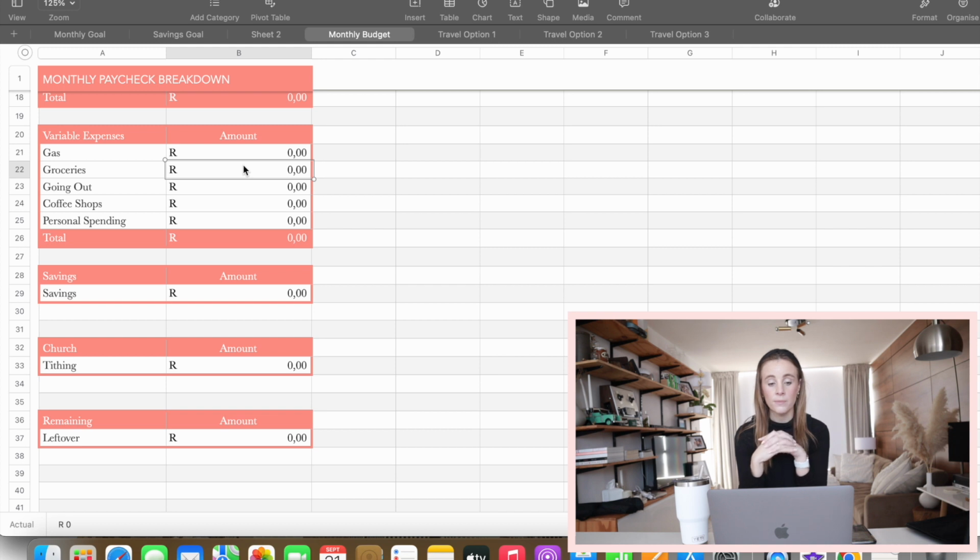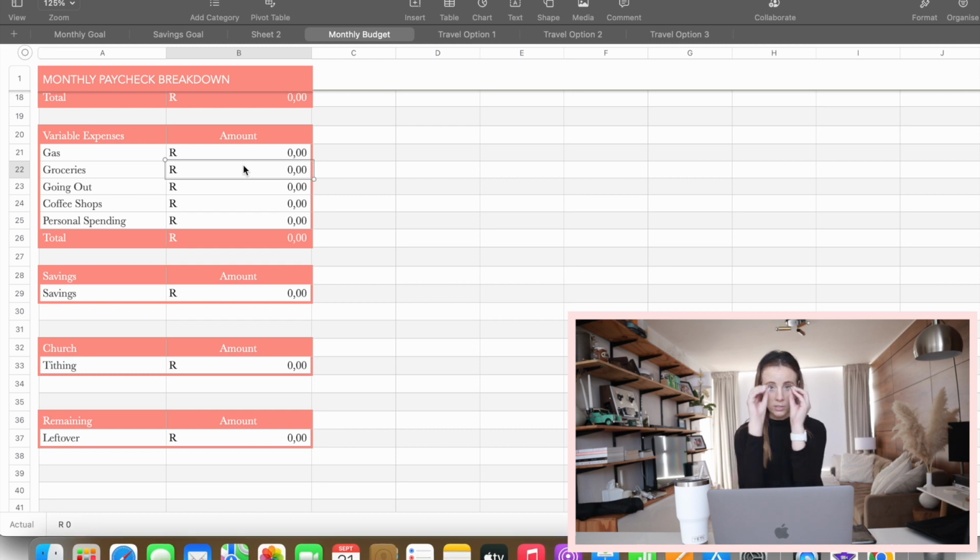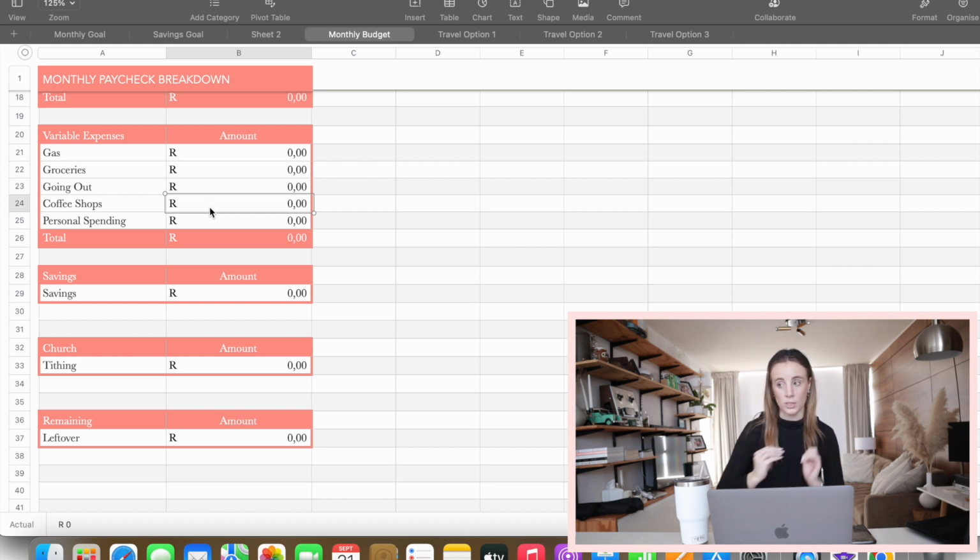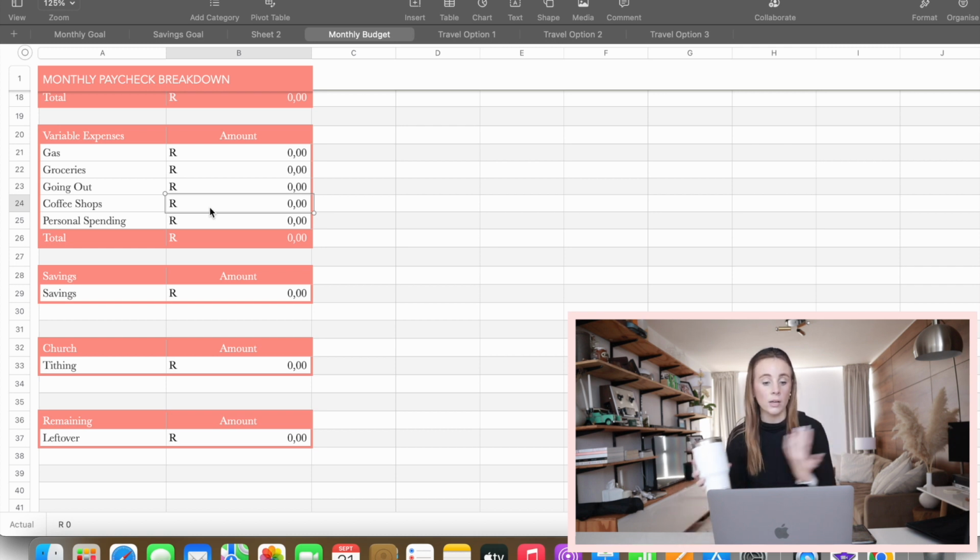We allocated the minimum towards these three things really, just because at least for this period that we're in right now, we do not want to spend an excessive amount of money on those things. We still go out, we still have coffee, we still buy nice groceries, but just more consciously. We won't just get coffee randomly. We'll think about it. Is it a nice outing? All those kinds of things.